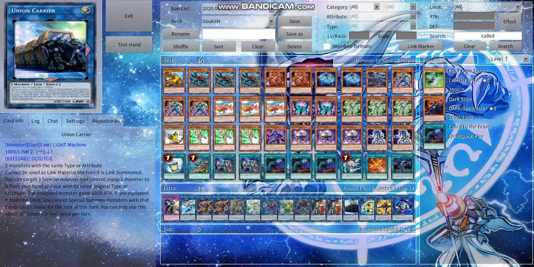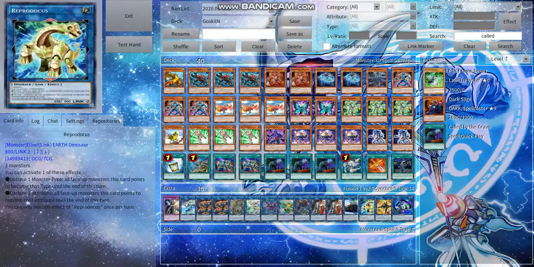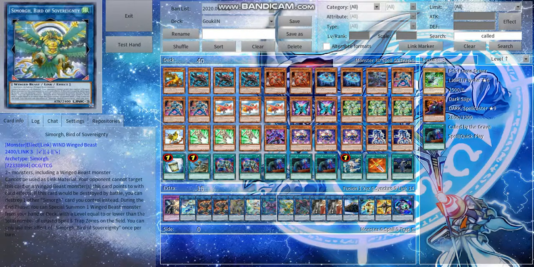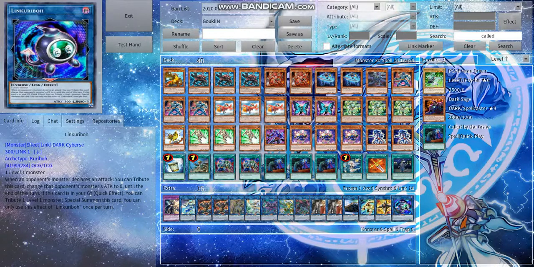One copy of Union Carrier to equip Thunderbird and get it on the field. One copy of Reaperdocus to change the type to Winged Beast, which is mainly how you do go into your Simorgh. One copy of Link Cross just to generate tokens so that you can later summon Link Rebo. In some instances, Link Rebo can just act as a battle negator because battle negators are important in this deck, which is why Infinite Negates